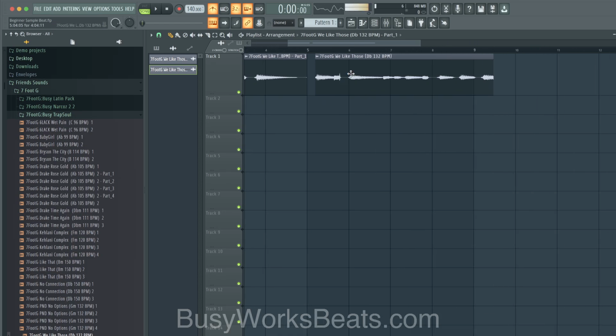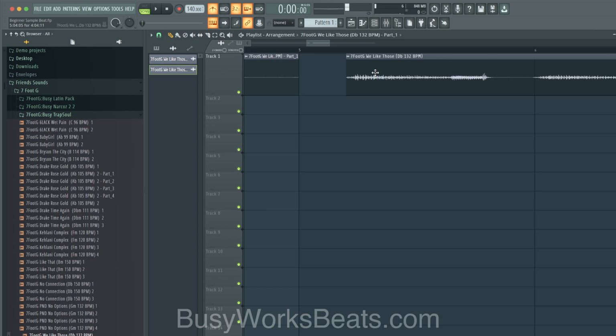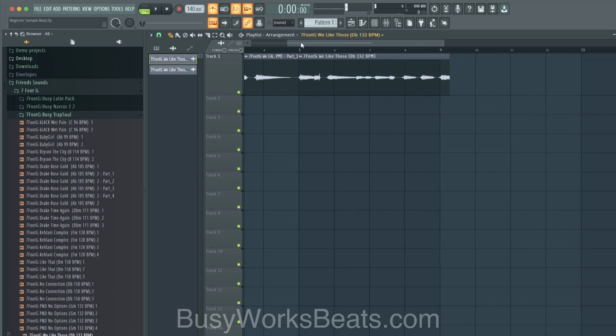So now I mentioned this part right here. It's tricky because it doesn't end on a clear spot. So here I'll show you how to do it. This is more intermediate. But if you grab your pencil and hit Alt and left clicking allows you to micro nudge stuff around the grid. So we're just left click, hit Alt and left click, and you'll make it easy.